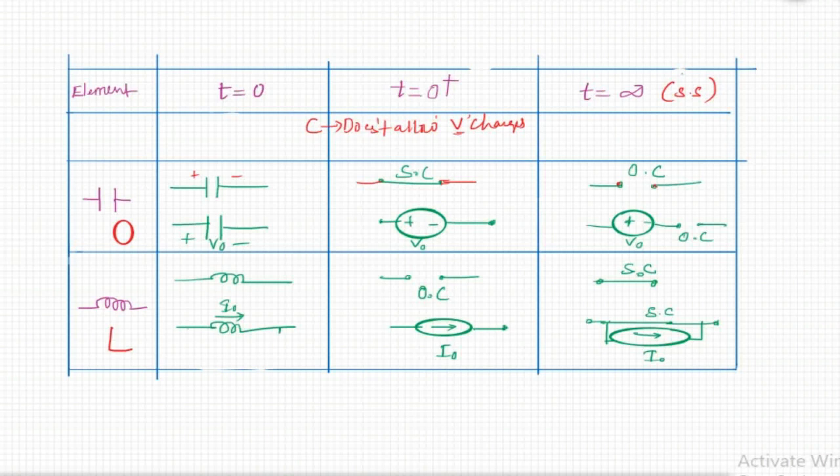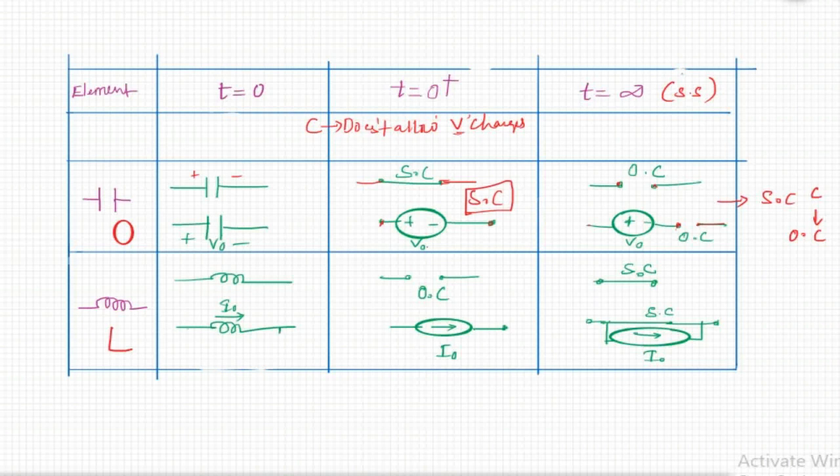If you consider the capacitor initially having a voltage V0 across it, let us see what happens if you remove the voltage source. The voltage will still be available across this capacitor even if you take the voltage source out. That is nothing but V0 here. So under steady state condition that will be equal to an open circuit. The transients will die out, and it will still act as an open circuit. That means at steady state the capacitor acts as an open circuit, and at transient condition it acts as a short circuit.